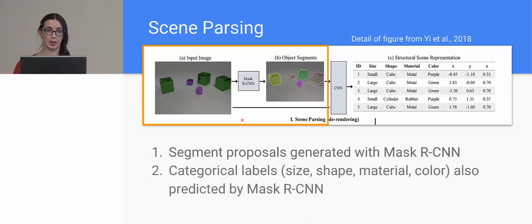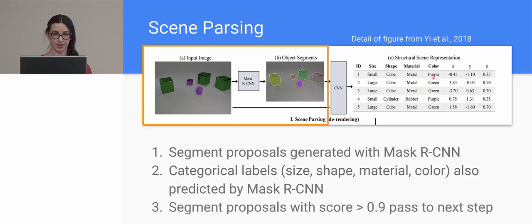But while it's generating those segment proposals, another head on the network is actually generating the categorical labels. So mask RCNN is performing two functions. It's giving us these object masks, and it's giving us the categorical labels, which are size, shape, material, and color. So it's doing both the segmentation and the classification. And then all of the segment proposals with an object score of greater than 0.9 are passed on to the next step,